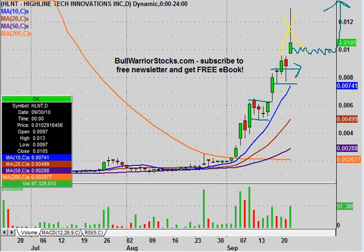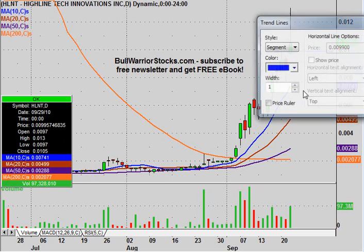So we'll see what happens, but like I said, in normal situations with a chart, this would 9 times out of 10 mean that a pullback was going to happen. But with this chart, it's definitely been breaking all the rules as far as charts are concerned, so it's definitely just a wait and see, and we'll see what the bulls and bears decide to do with the rest of this week. Now, in terms of support levels, the new support level that was formed today was at the penny